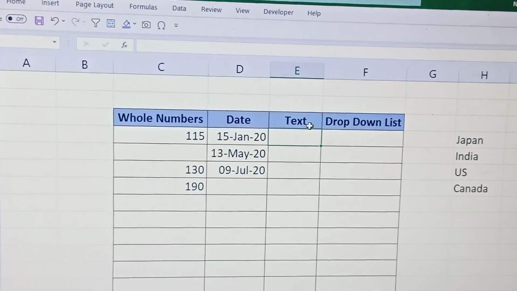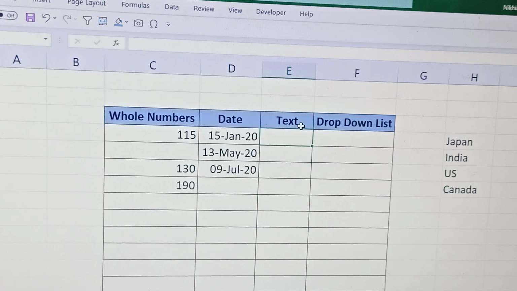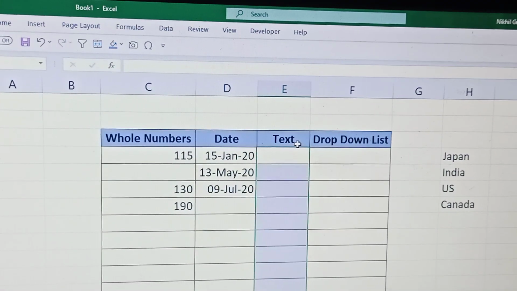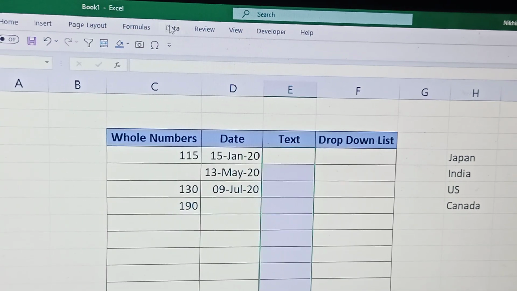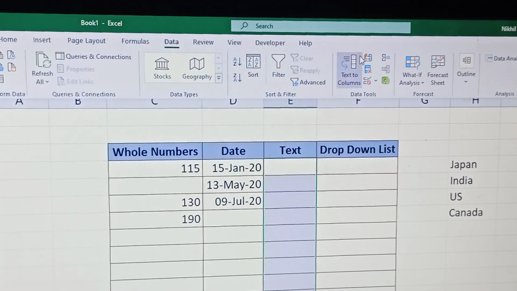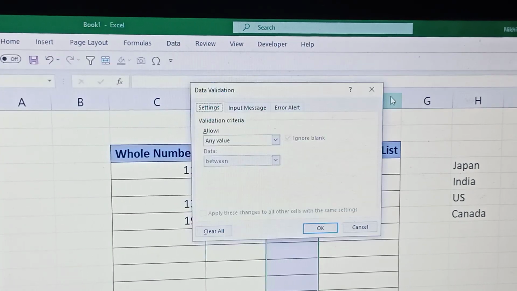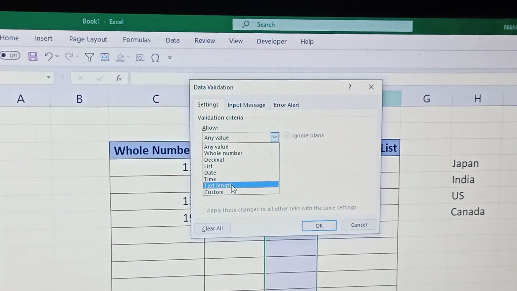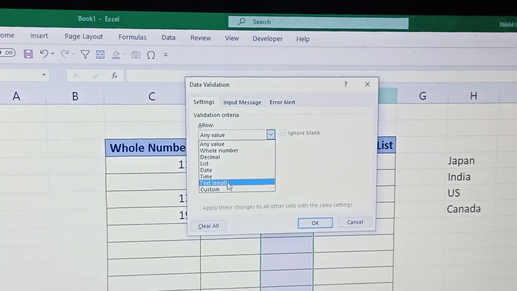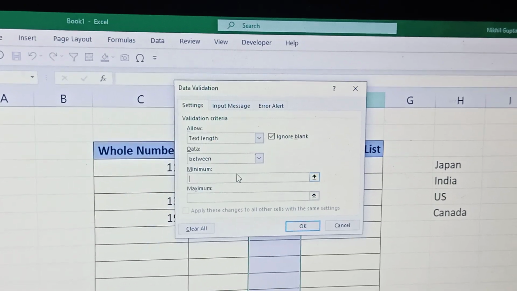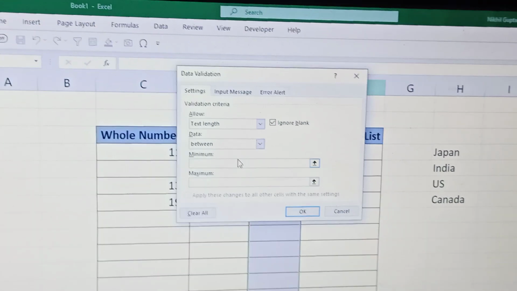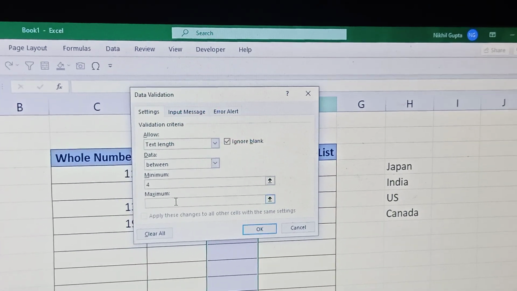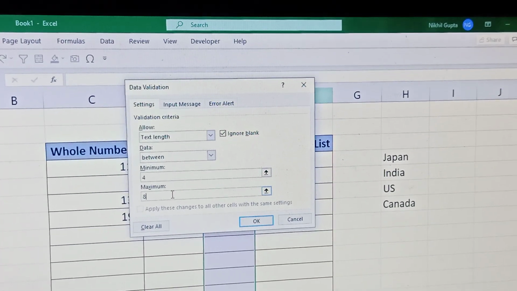Next, go to text. You can do data validation in text as well. Again, select the column, click on Data, click on Data Validation. Under Allow, click on Text length. This helps you define the length of the text. Say you want to keep the length of the text between 4 to 8 characters.